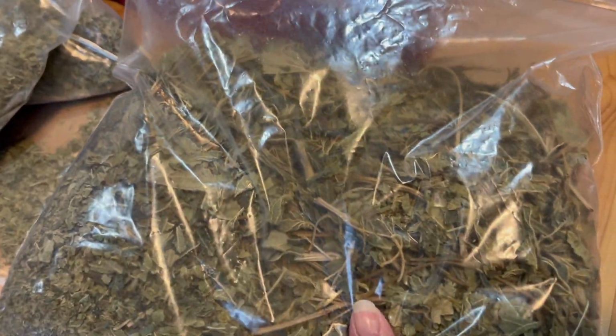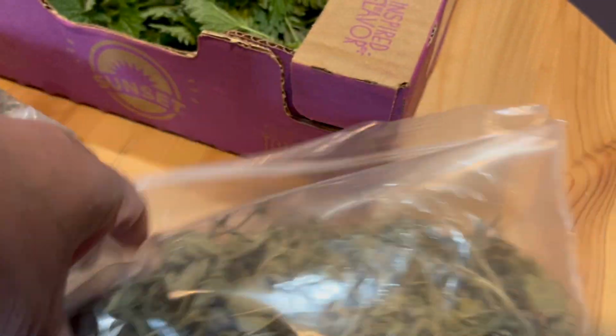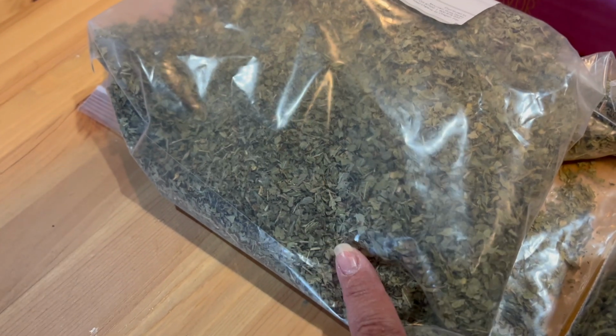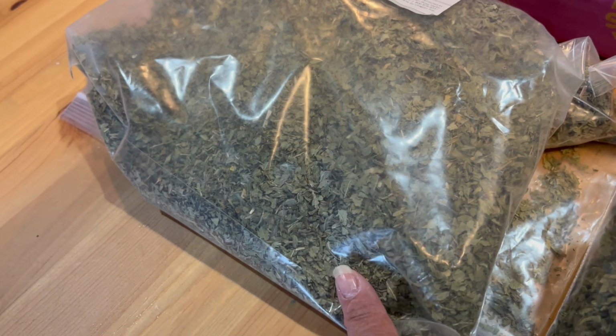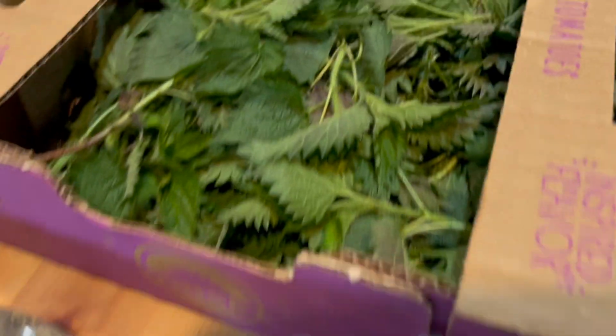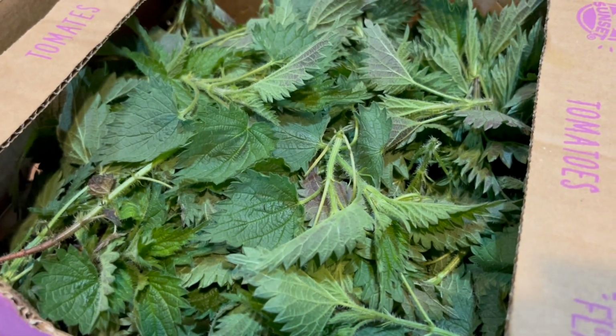Now these nettles I got from a smaller farm, and you can see it wasn't processed. Those are pretty big pieces. And I noticed when I was preparing for a class, and I was using these nettles, that fragrance. And I was like, wait a minute, are these nettles? Because I just had never had them outside from being really cut and sifted from this particular source, and I just didn't know. You don't know what you don't know. But I noticed these had a much more distinct fragrance to them, and this is 5 or 10 times that. So this is just a great comparison between fresh,